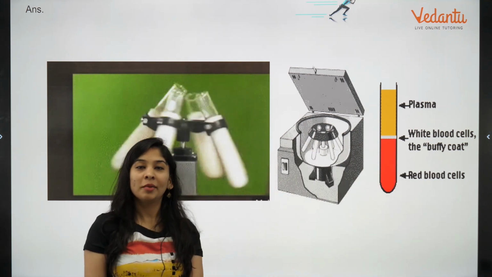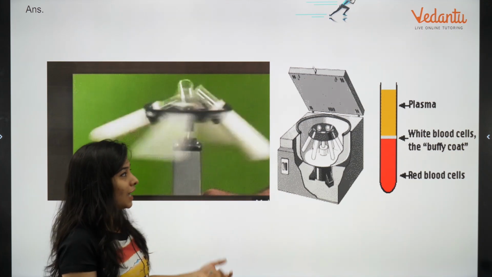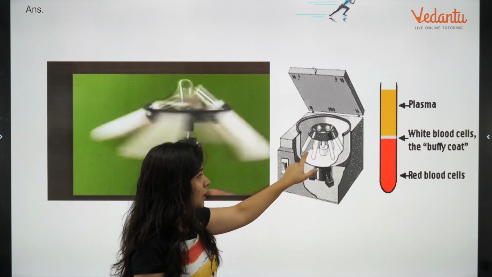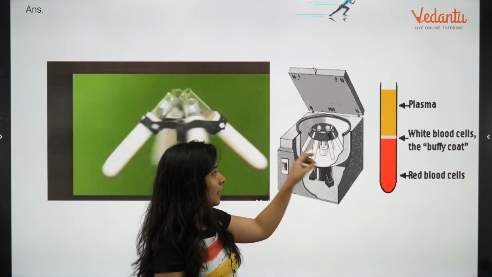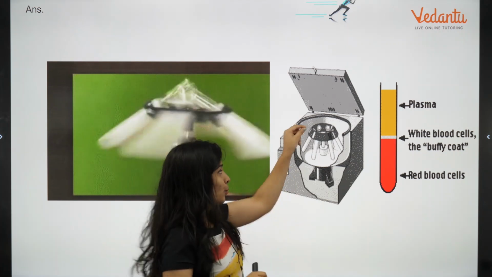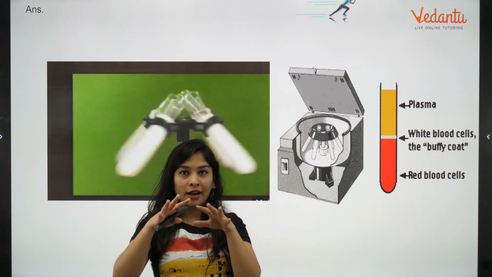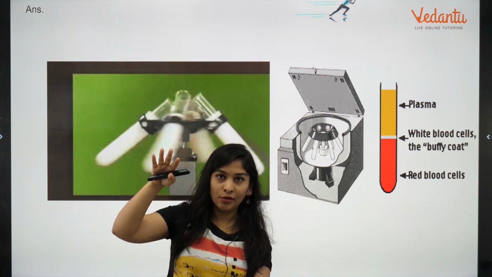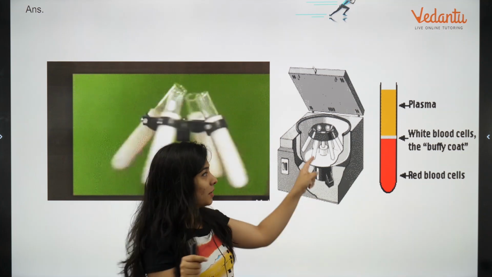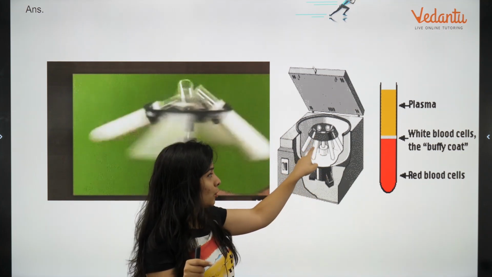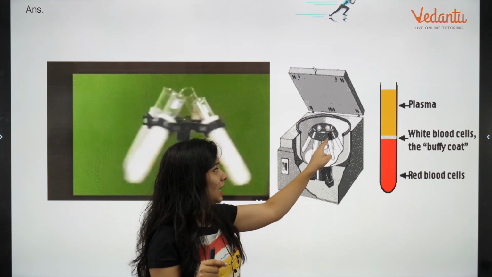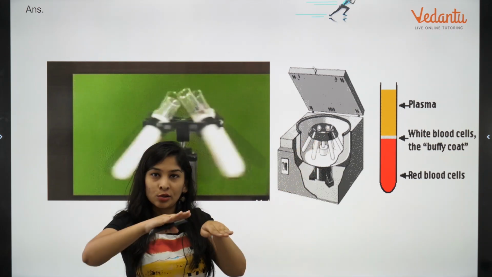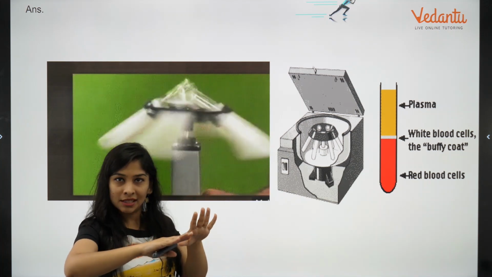Okay, what is the phenomenon behind centrifugation? We have to take the mixture. This looks exactly like this. So many test tubes are there and we have to take our sample and put it into one. Now think, if you have a normal balance scale and you put weight on one side, it is going to fall down. So we should not do that. The same can happen in this case also. If you are putting your solvent in one of the test tubes, in the opposite test tube you have to put something. Take anything, put water, so that the balance is maintained. Fine, did you understand what I said?